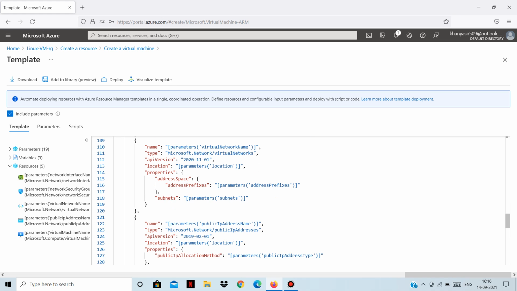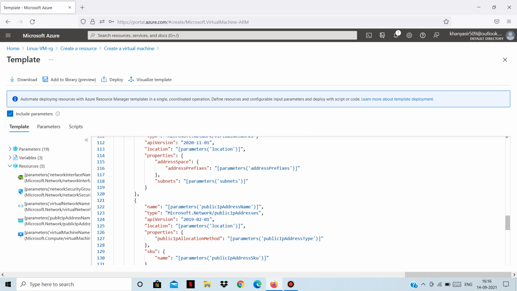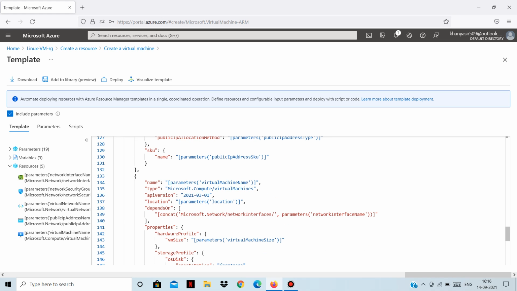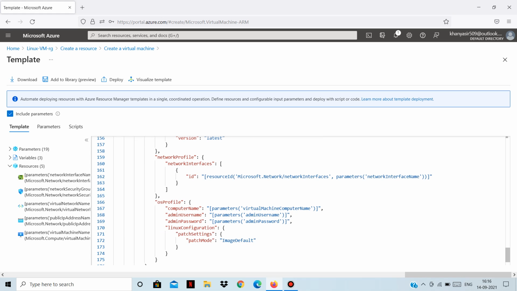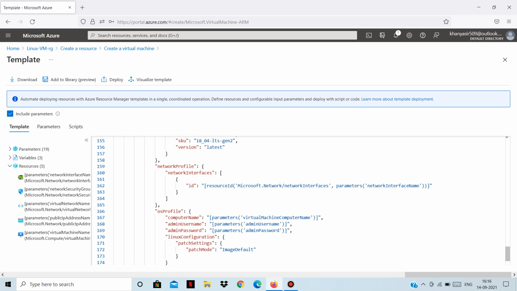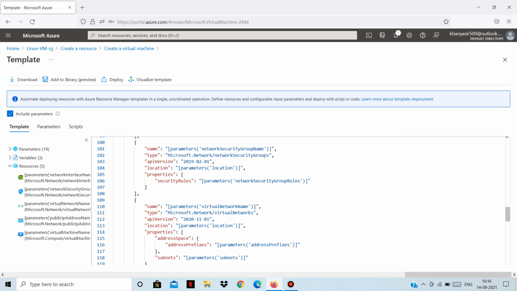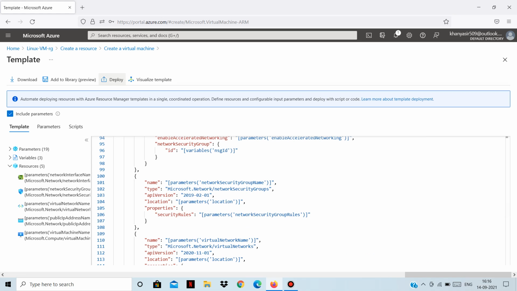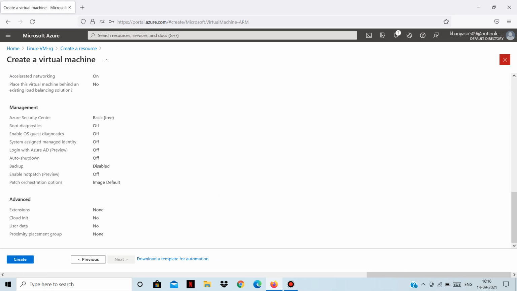So this is a JSON file, which is an Azure Resource Manager template. With this template, you can create and deploy another virtual machine very easily. You can download and save that locally also.